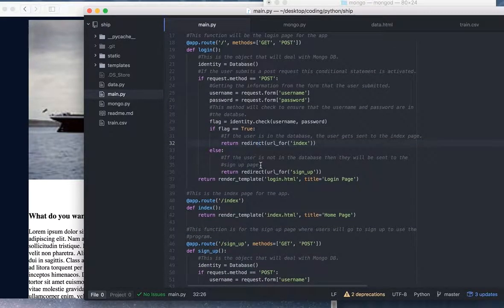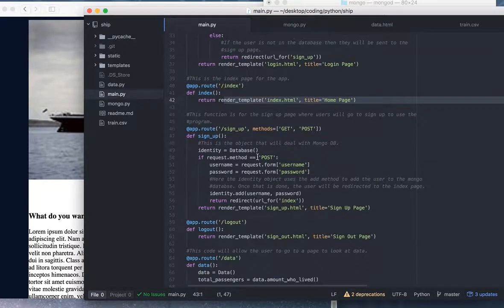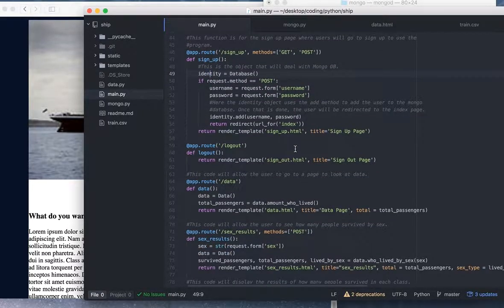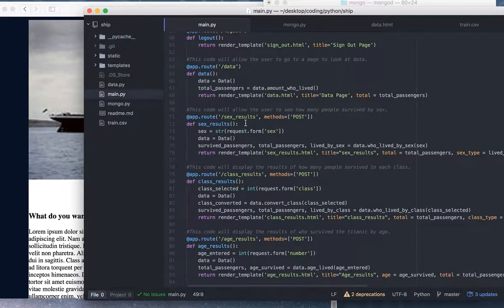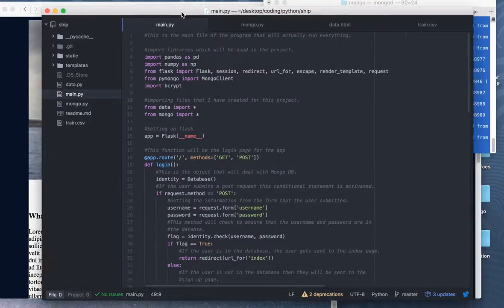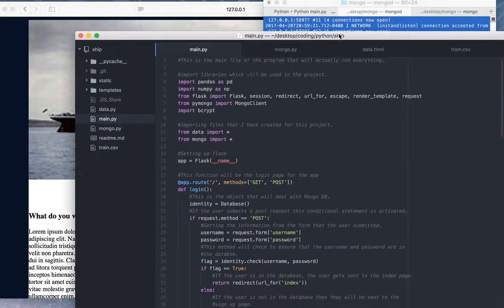And then right here it goes down to the index page where it renders the index template, sign up, which is a sign up code. Again, I'm creating an identity object. I don't think I need to do that, but oh well. And so everything looked fairly good for me until I started to actually, I thought I was done with this project, and I went on to work on a second project that deals with war data. And I'll finish up talking about that project. But like I said, I was using sessions in here, and I believe